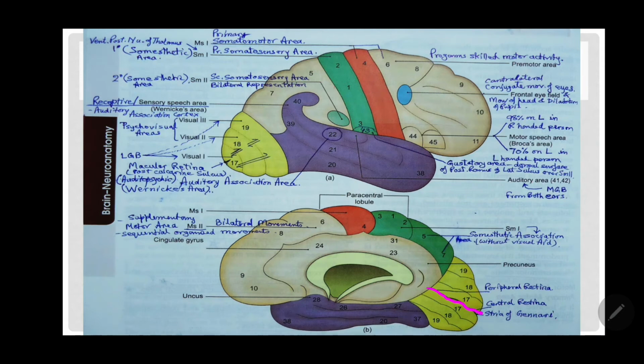Now think about what type of sulcus this is. I have taught you about the different types of sulci. This is a complete sulcus. Complete sulcus means it goes deep inside the gray matter and even dips into the white matter such that it indents the cavity of the lateral ventricle, here the posterior horn of the lateral ventricle. So it indents the ependyma of the posterior horn of the lateral ventricle. That's why it's called a complete sulcus.